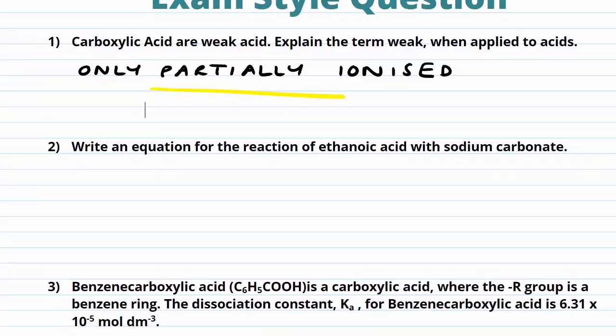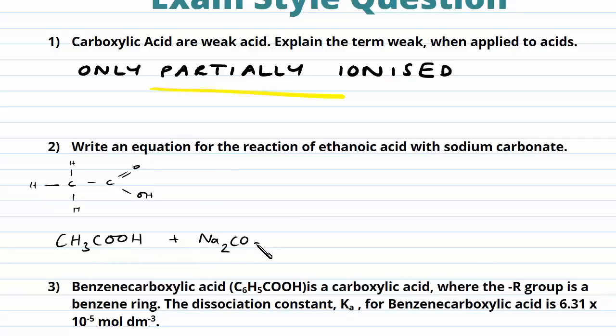Write an equation for the reaction of ethanoic acid with sodium carbonate. Well, ethanoic acid looks like this. We have 2 carbons. We'll have that carboxylic functional group over here, and we'll have our 3 hydrogens over here. So the formula would be CH3COOH. Now we're reacting that with sodium carbonate. That's Na2CO3. We're going to form a salt, and we know that salt is going to be sodium ethanoate, and the formula of that is going to be